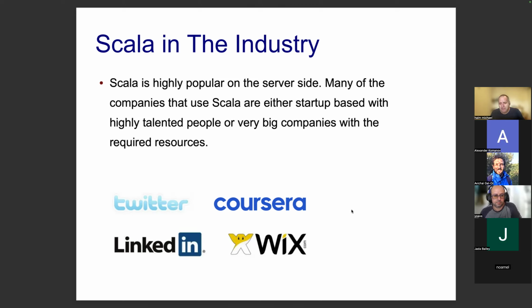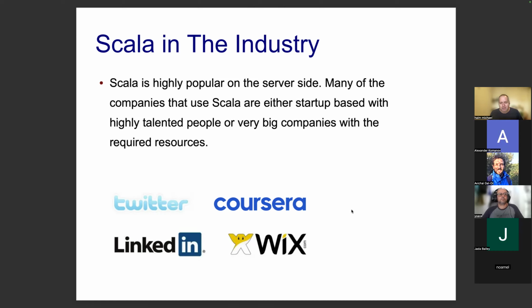You can easily find their names, and those companies, I don't want to say desperate, but they have a need for Scala developers. It's not simple to find Scala developers, unlike in other domains like full stack development. The full stack development domain is flooded. There are so many excellent full stack developers that lost their jobs during the last year.